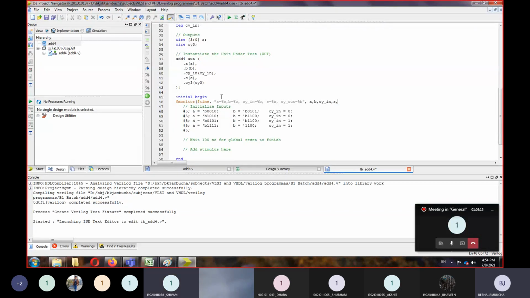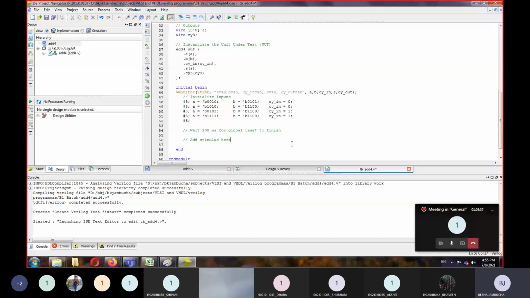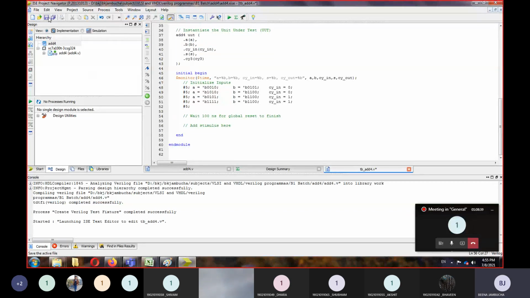A student asks: what does the b written after the value mean? It is the binary type. You can also take the hexadecimal. So if you are taking hexa, I will have to write h. Another student points out that I forgot to write b in the last one. Yeah, sorry. Okay, let's save it.